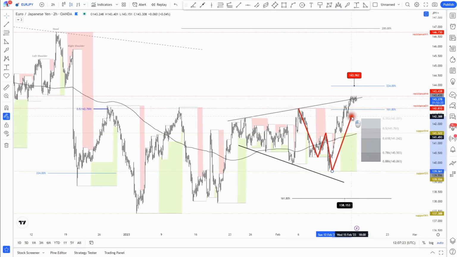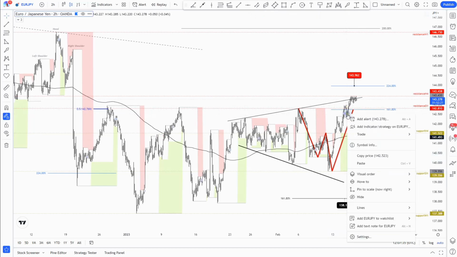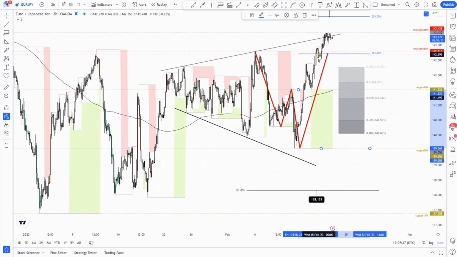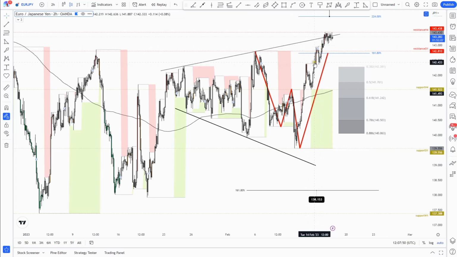There was a shark pattern projected at 168 extension, the blue Fibonacci level right there. There was an initial reaction once the price approached the golden fib, but not enough. The price finds support immediately at the previous resistance,